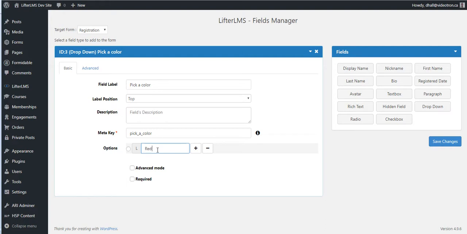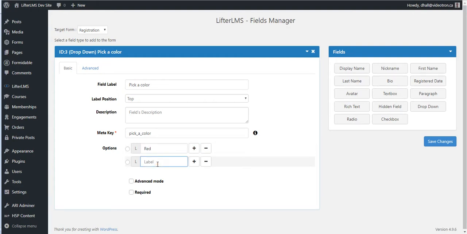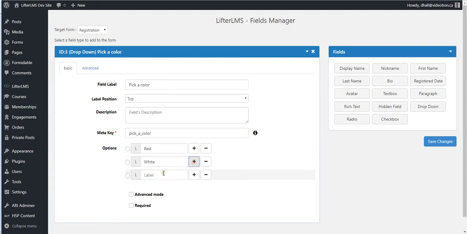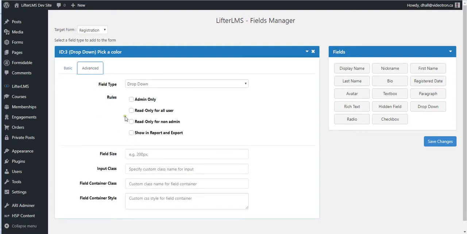So let's pick red, add red as one color, and white as another color, and blue as another. Now what's interesting about this particular field that I'm creating is that it says pick a color, that's all fine, but let's see what else we can do with this. We can make this for admin use only and such, and this is our form builder, but we built it based on some other standardized form builder method. But here's what we can do as well. We can click on show in report and export. Let's save that, and I'm just going to switch back to